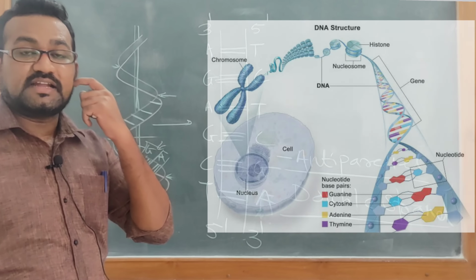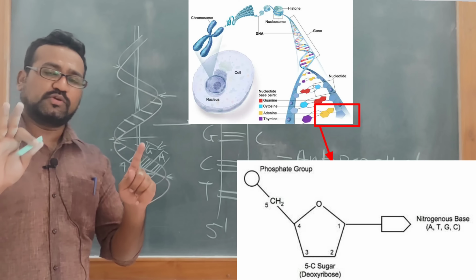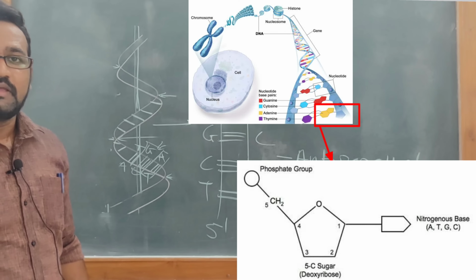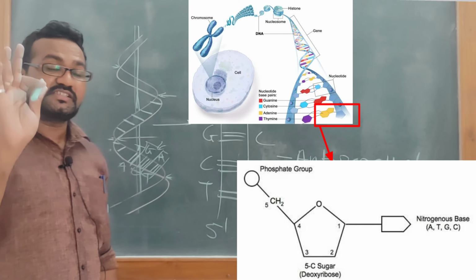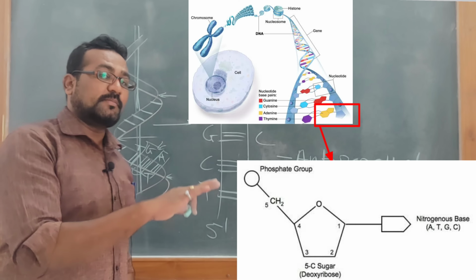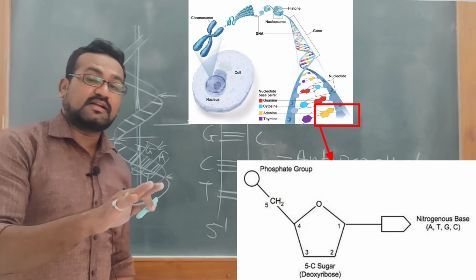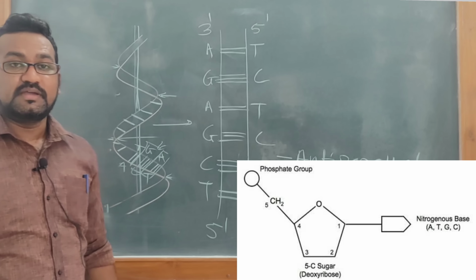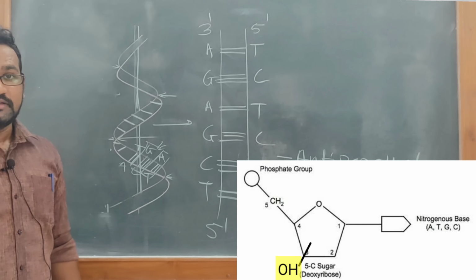Why is it anti-parallel to each other? As I have shown the image in which one nucleotide you can see which contains sugar. This sugar have 5 carbons. These 5 carbons are denoted as prime. It is special name given to the carbon of sugar, that is prime. So 1 prime, 2 prime, 3 prime, 4 prime and 5 prime. Always 1 prime carbon contain nitrogen base and 5 prime carbon contain phosphate group, 3 prime carbon contain hydroxyl group, as I have mentioned on the image.